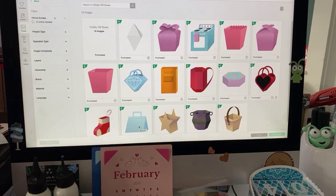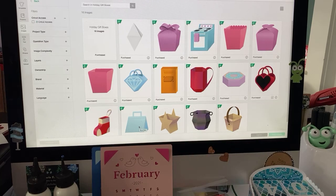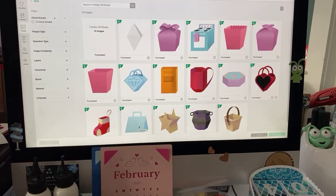It has stuff for like an engagement or like a wedding. You could use this for Halloween or maybe for the Luck of the Irish, like a pot of gold. I've done these stars for Christmas before. I've done this really adorable oven, it's so cute, to put cookies in. And I've done the cup, so you can maybe make like little,